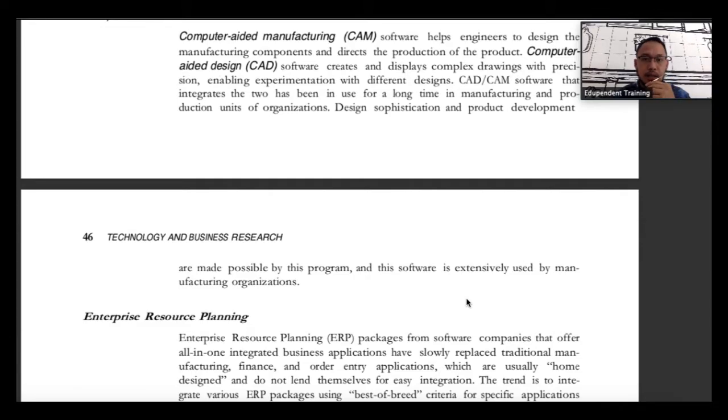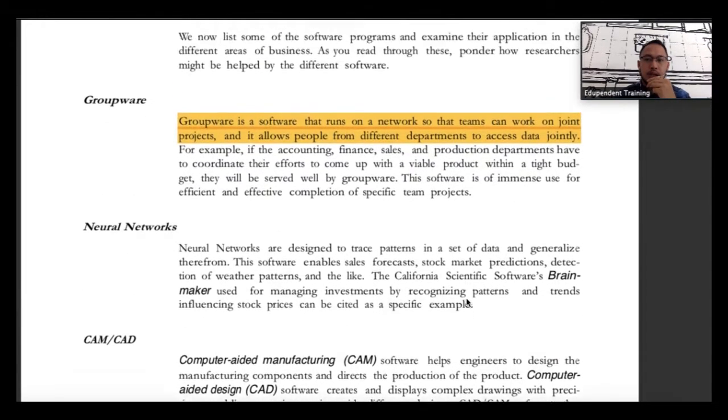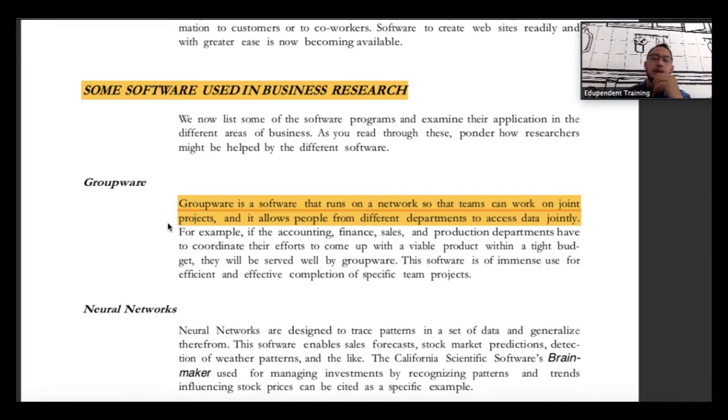The other one is statistical software. Don't forget the statistical software that we are going to use for financial data. Usually we are going to use SPSS to test the hypothesis, or we can use Stata or EViews. But commonly, at least you should know about SPSS. Make sure that it is already installed on your computer.